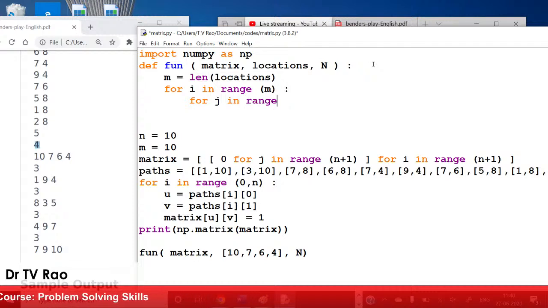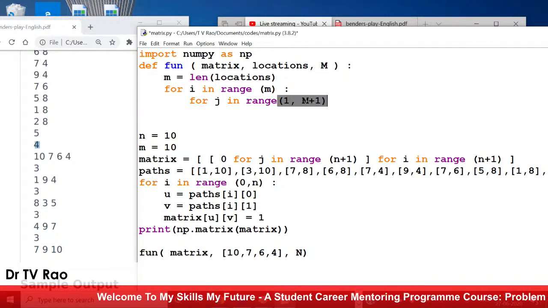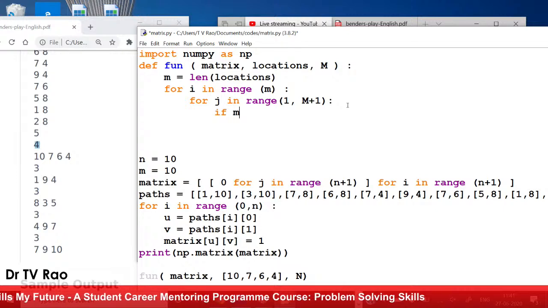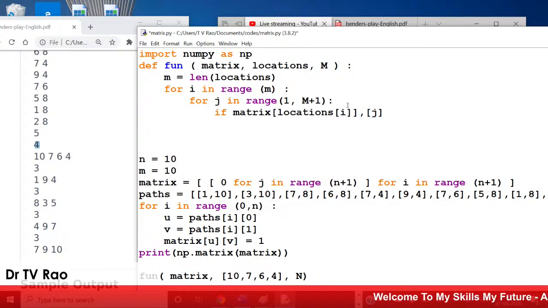For j in range, path 1 to path 10. So number of paths, path 1 to path 10. If a path is available from location i to location j,